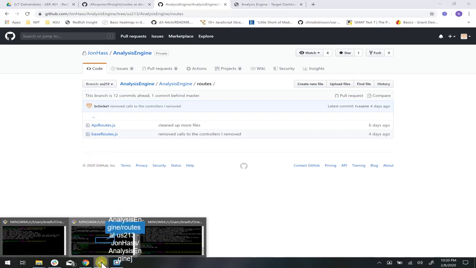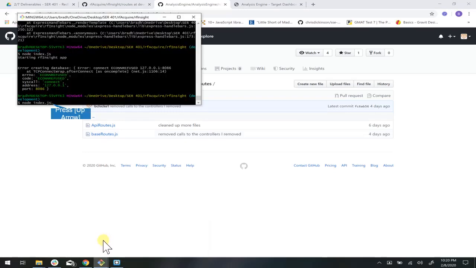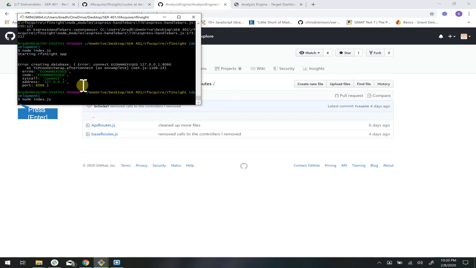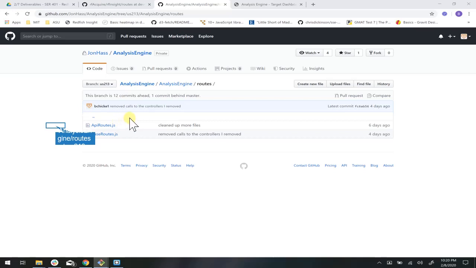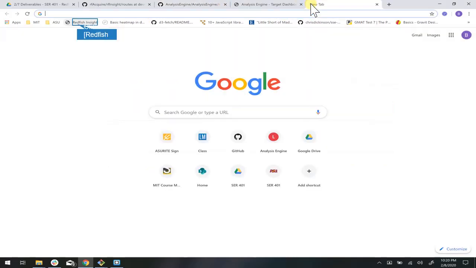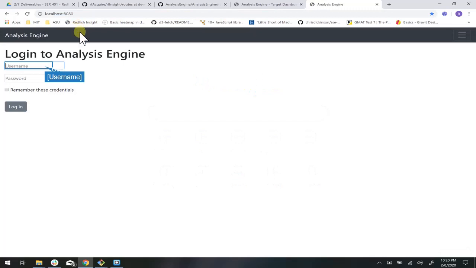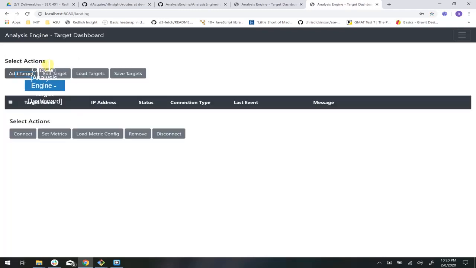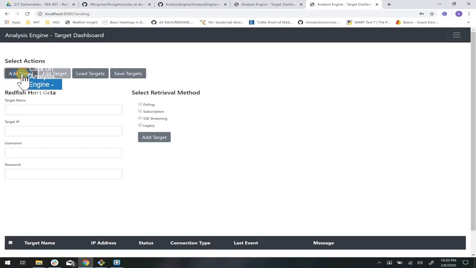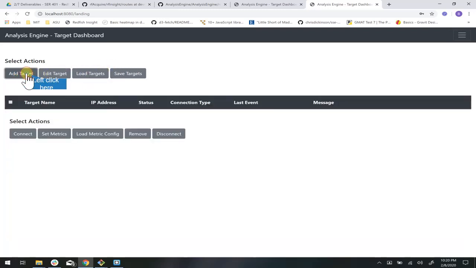So this is the, I'll spin up the RF Acquire app, and you're going to find that both of them look almost identical at this point, because we haven't begun rebuilding the analysis engine. So we have the add target button,